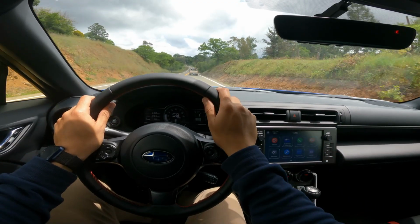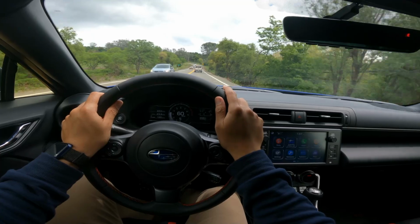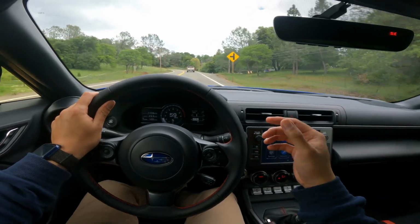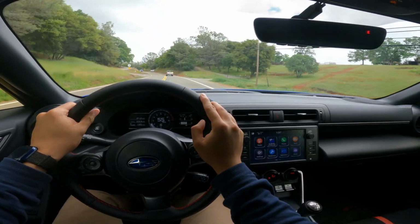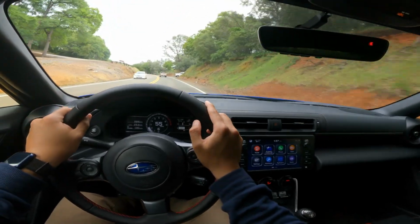But with this car, I have an HKS supercharger kit on my wish list. I don't know if I'll bite the bullet yet. It's only $5,000, and $5,000 isn't that much in the grand scheme of things. And I think the only annoyance would be smog, since I live here in California, and